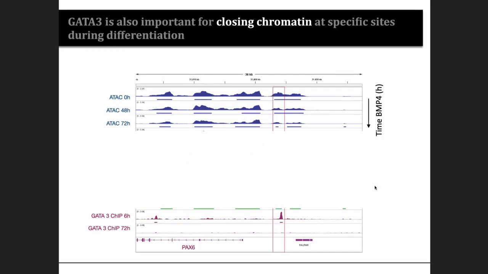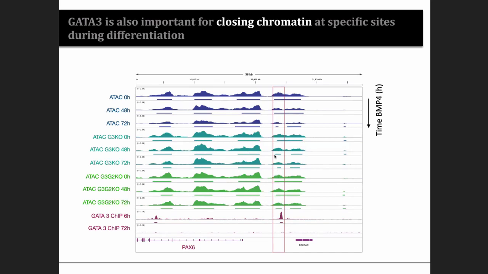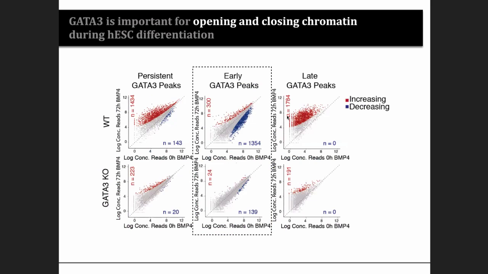Okay. The reverse is also true. GATA3 is able to close chromatin. So this is ATAC-seq again. So differentiation in this axis, you see that the chromatin is closing. GATA3 binds initially, but then doesn't bind anymore. And if GATA3 is not there, the chromatin doesn't close. It's very open. So we are super excited about this. This is basically just to show you in all the peaks. So these early peaks of GATA3 are basically sites where the chromatin tends to decrease, so tends to close. And this is perturbed when we don't have GATA3.